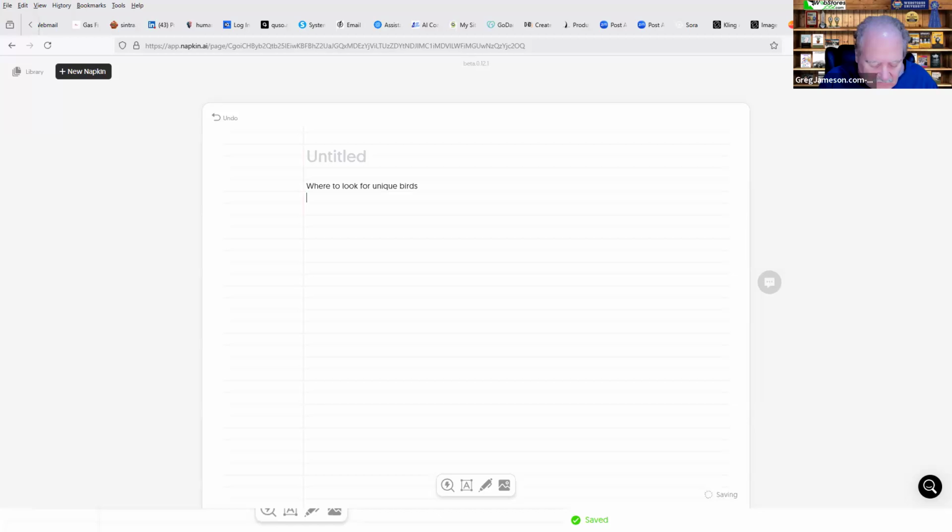And finding the best spot to photograph the birds. I'm just making stuff up. I don't really know anything about bird photography.